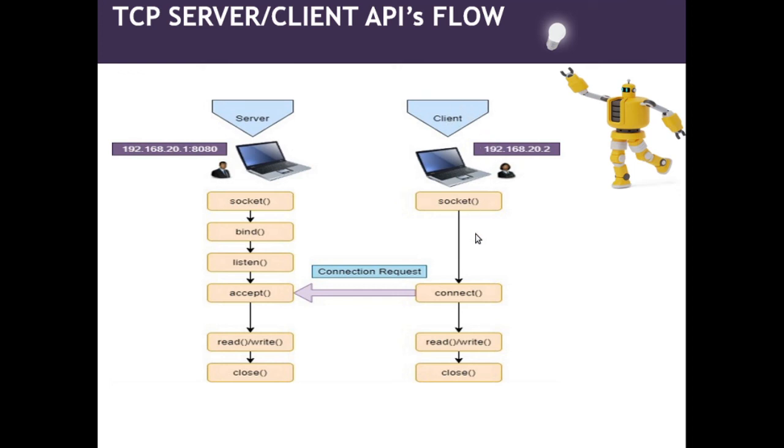On the client side, we use the same system call, socket, and then we use connect to have the three-way handshake with accept. Then we have read and write here and here also, so that messages can be communicated with each other, whether it is a client or a server. And next we close the socket so that we have a clean exit of the process. So this is the overall flow, and the code related to this we'll study in the next